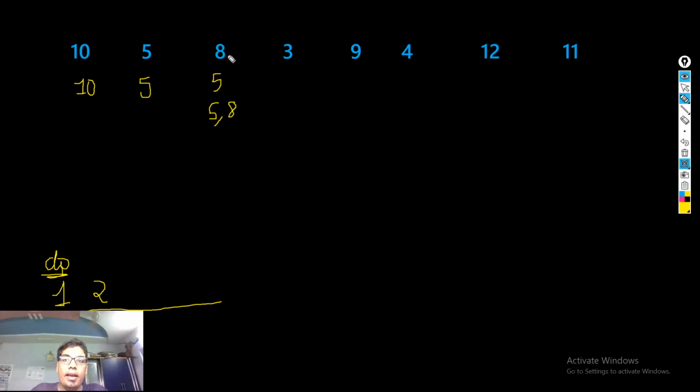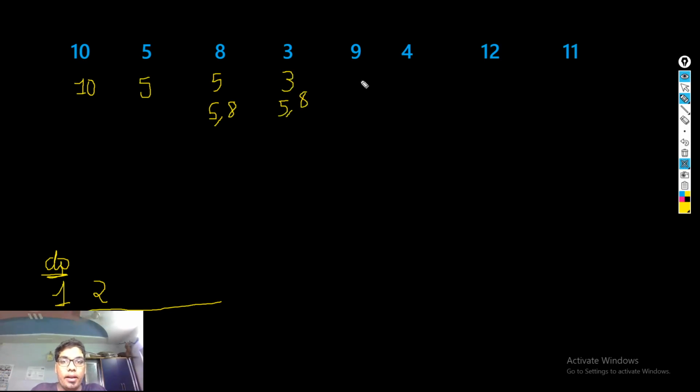Now 5, 8 and 3. Now we cannot do that, there is no increasing subsequence, but we realize that instead of maintaining this 5 as a one digit subsequence, 3 is actually a better choice, because with 3 you could form even more subsequences in the future. So this remains 5 and 8, but this is now updated to 3. So this goes down to 3, right? So the subsequence with length 1 is actually 3, with 2 is 8. So 3 is 3, 5, 8.